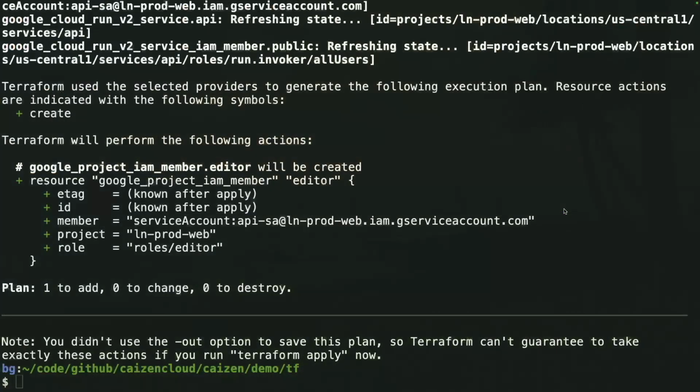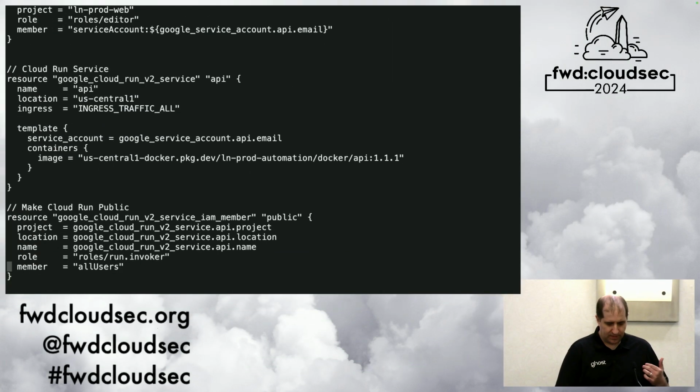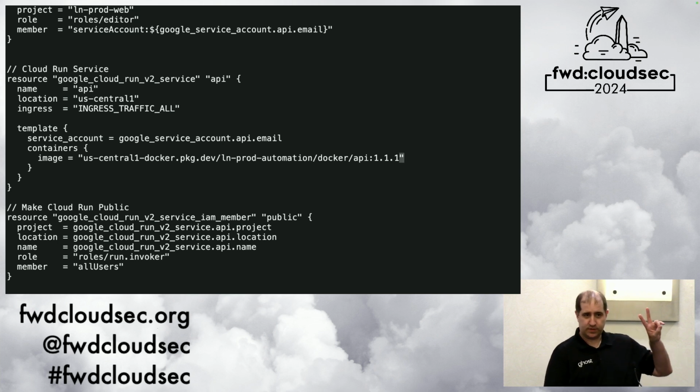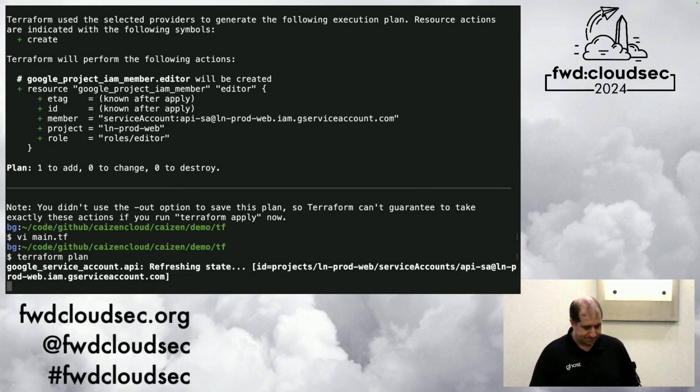Okay? So what if I just forgot that happened? How do I prove that I reduced some risk? So down here in this Terraform that controls this Cloud Run, remember I talked about that 1.1.1 that had 2 vulns? What if I patched the worst vuln, the highest risk score? And that's in 1.1.2, we'll say. So if I Terraform plan it again,